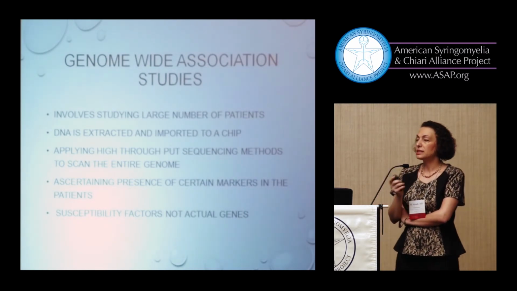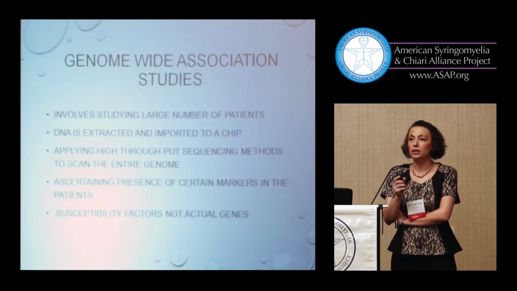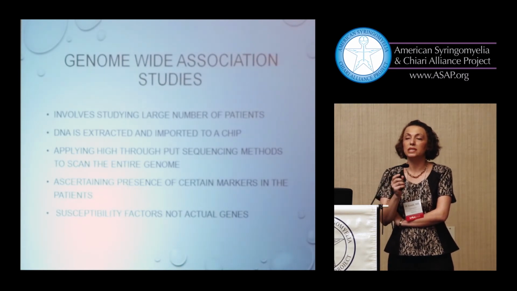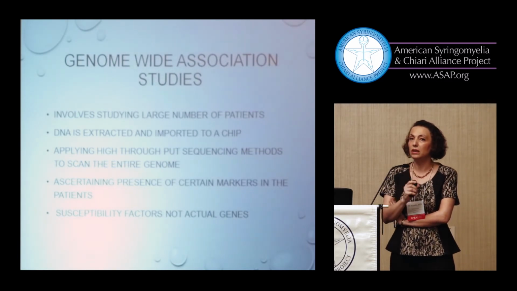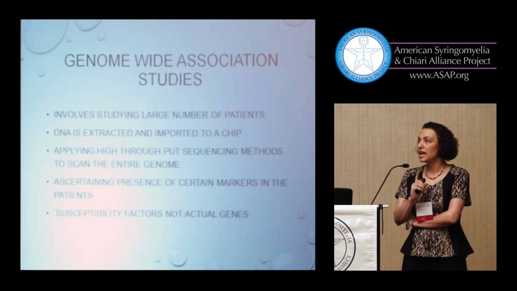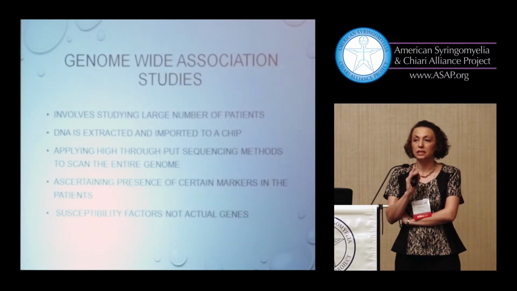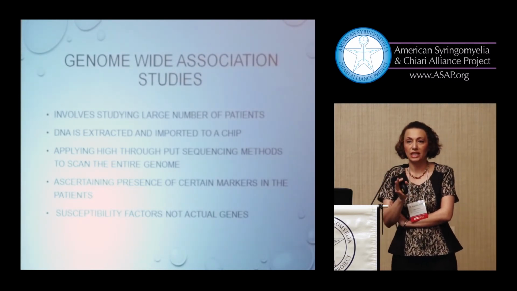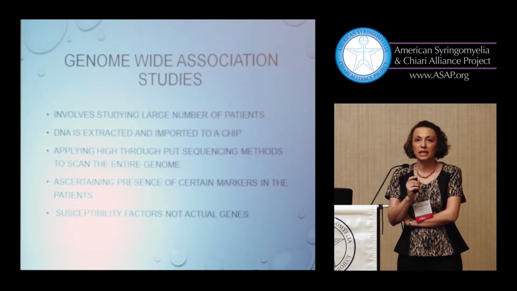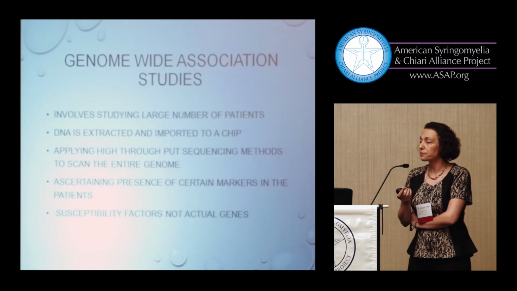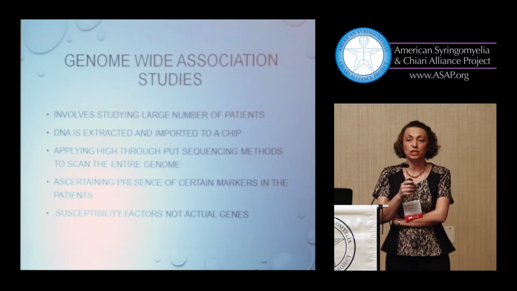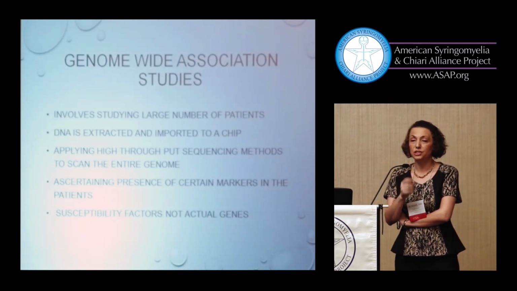So again, susceptibility factors are genes with very tiny effect. Therefore, having one of them often does not cause the disease. You have to have multiple susceptibility factors. And that's the case for many disorders with complex genetics. So for example, in the case of Alzheimer's disease, in the case of Parkinson's disease, in majority of cases, you don't have a single gene.